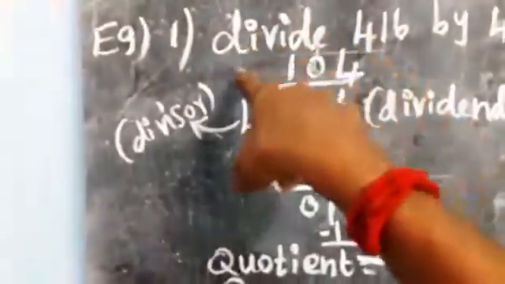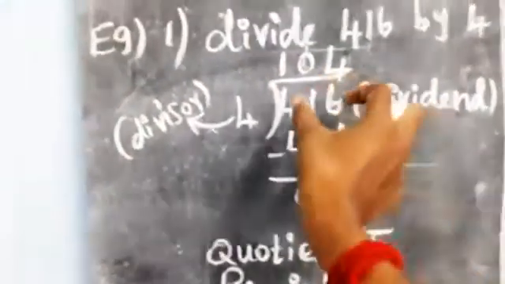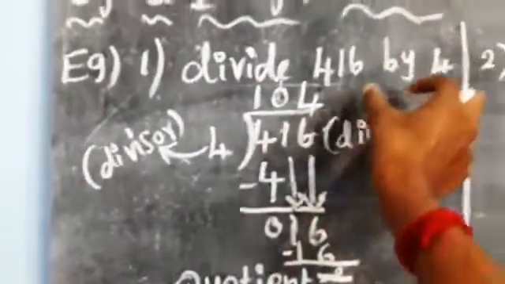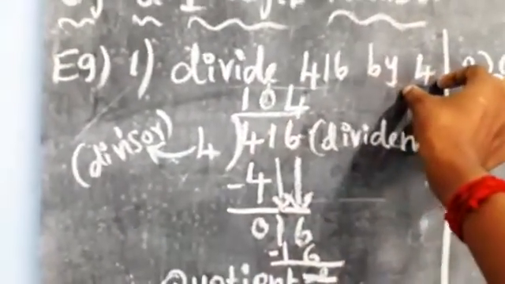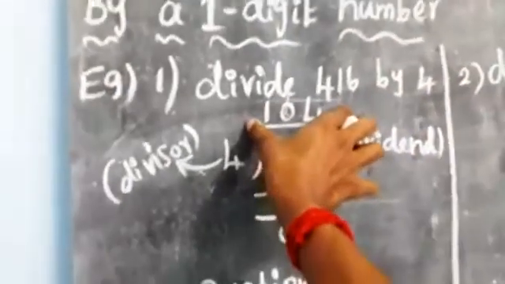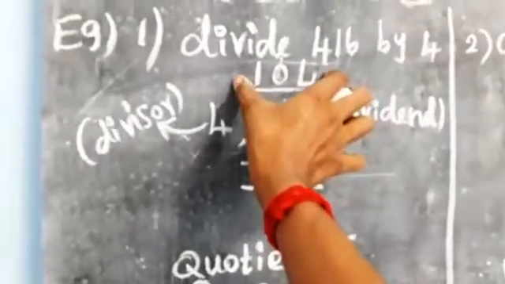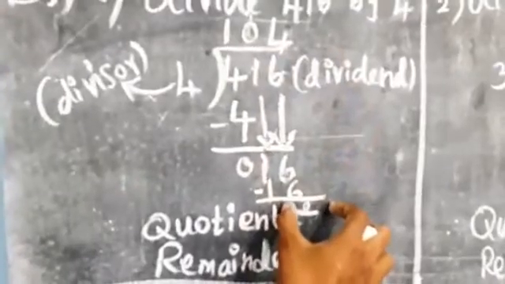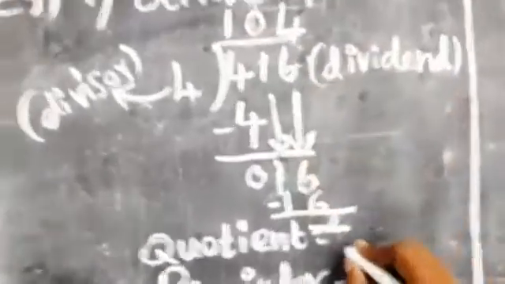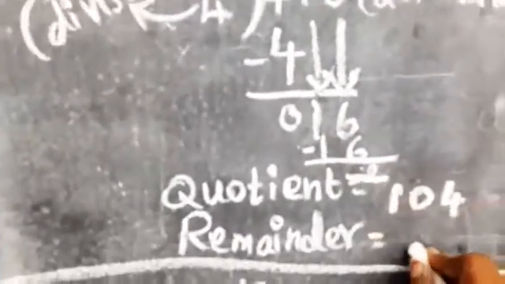That is called the quotient, and that is called the remainder. What number is there? Yes, a dividend. By which number do you divide? Yes, that is the divisor. The dividend and divisor give the quotient. The upper number is the quotient. The balance is the remainder. So the quotient is equal to 104. Then the remainder is equal to, yes, 0.